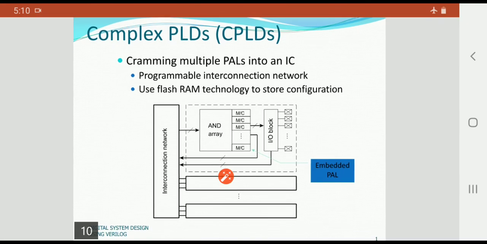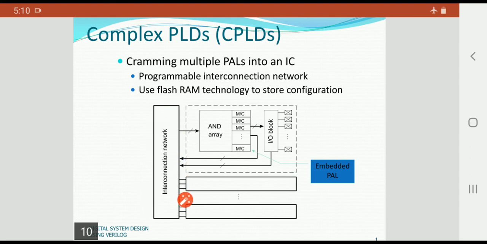So as shown in this, it consists of interconnection network and array logic, macrocells, input output block, and the external pins here. So here this is one slice of PAL. The remaining are shown in the form of rectangular boxes here. Now this is an interconnection network, which is also known as programmable networking wire, which is connected to the AND array. So the AND array is programmable logic, which includes the inputs and the product terms to perform a specific logic